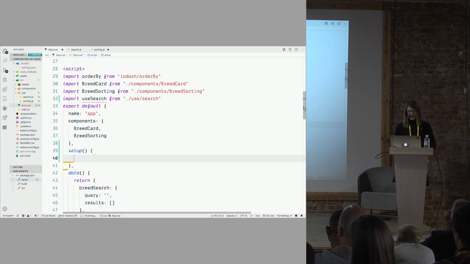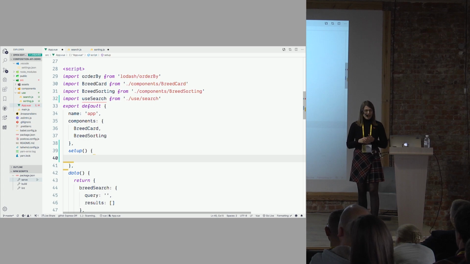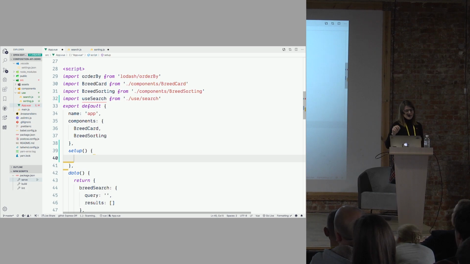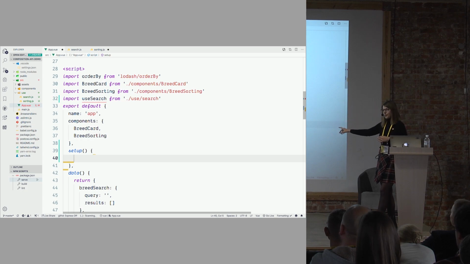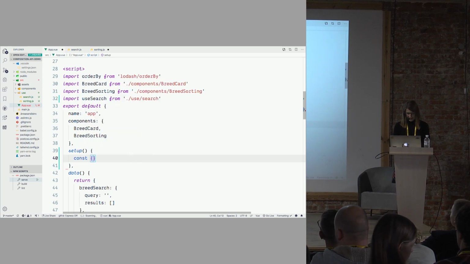The setup function is running at the same time as the created hook. Once the component is created, it's running before data, computed, and methods are initiated. That's why setup doesn't have access to this, and it doesn't have access to anything exposed in data and computed. But data and computed have access to everything exposed in setup. And we will have our, let's take searchState and runSearch